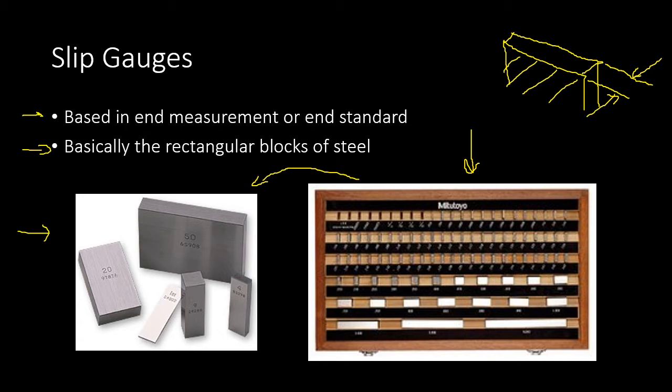So this is the size of this slip gauge: the distance between the two parallel measuring faces. These other faces, the ones that I am hatching in blue, this and the one behind, are not used for measurement. Only two of the faces are used, and the distance between the two measuring faces is the size of the slip gauge.